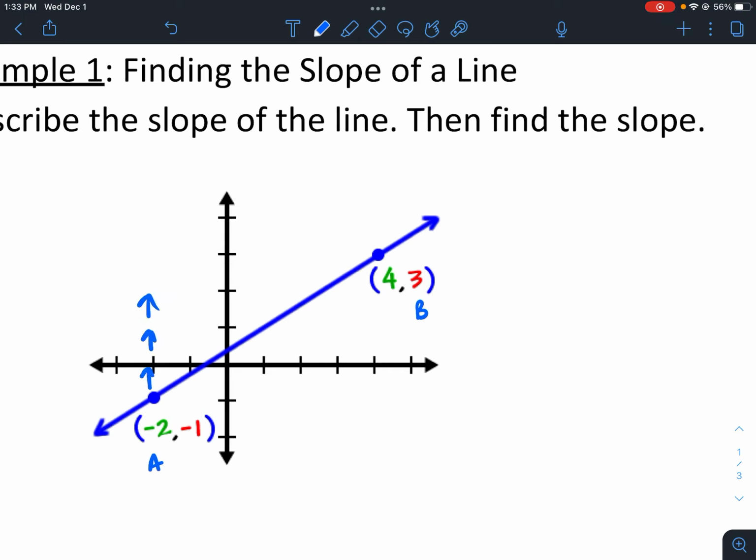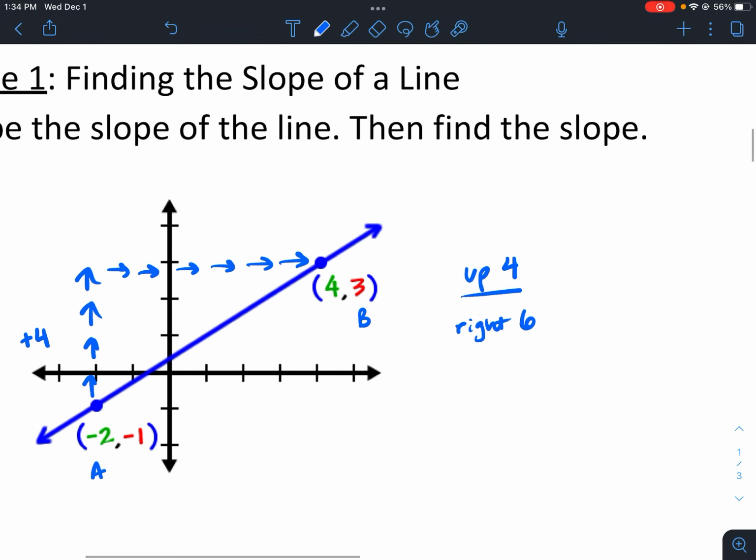If I were to draw arrows, it looks like it goes up 4, and let's see, 1, 2, 3, 4, 5, 6. It looks like it goes over right